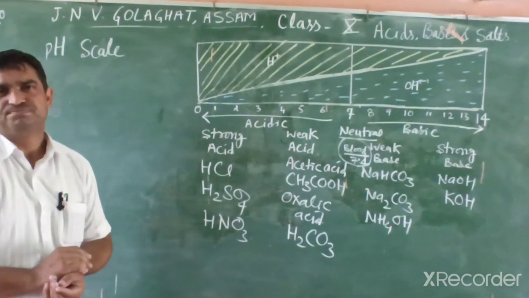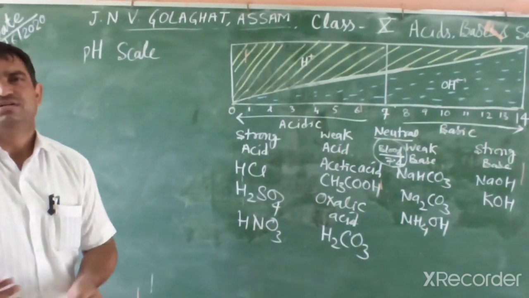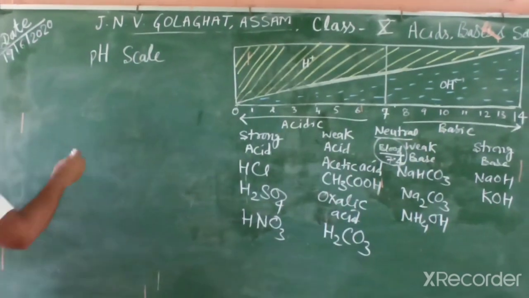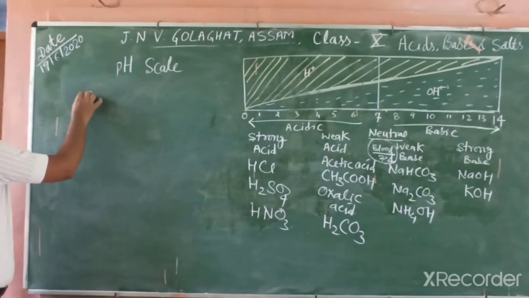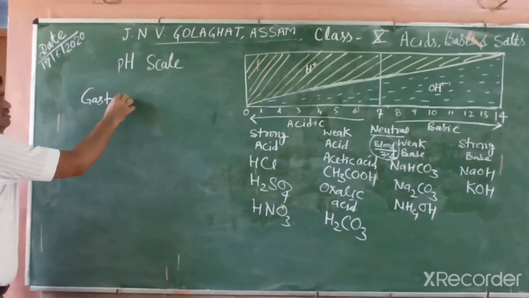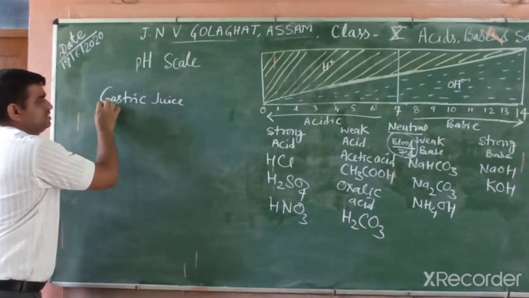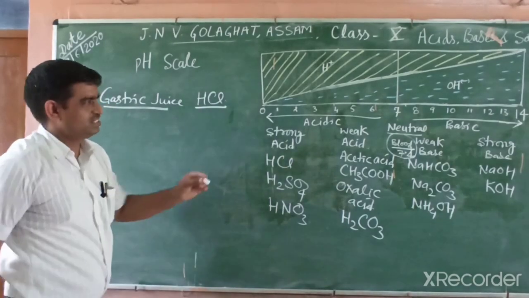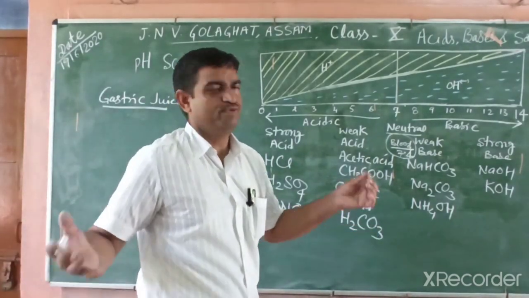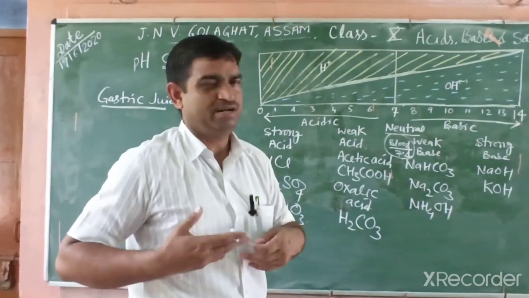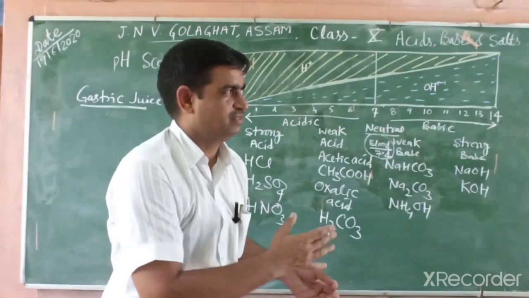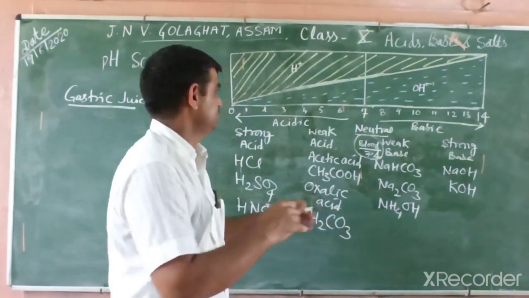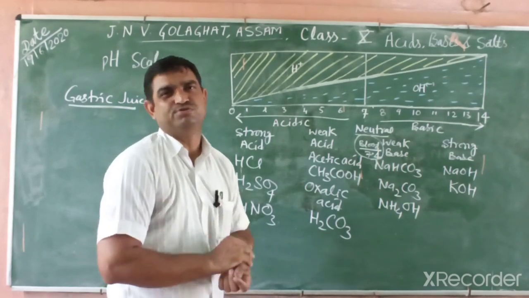First importance, pH in our digestive system. In the digestive system, we know in our body there is formation of gastric juice, that is HCl. So if a person overeats, why is the food not digested? In digestion, what does the HCl help with? Because HCl lowers the pH, so it can easily digest our food.